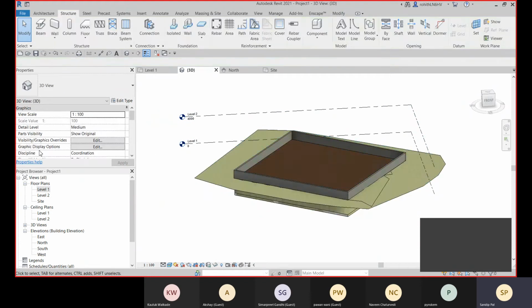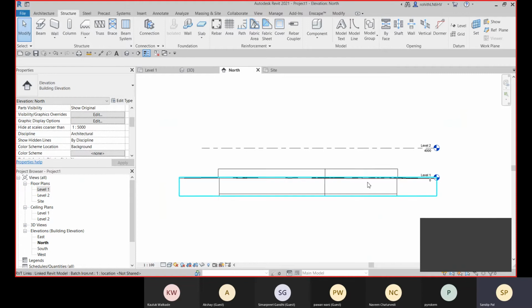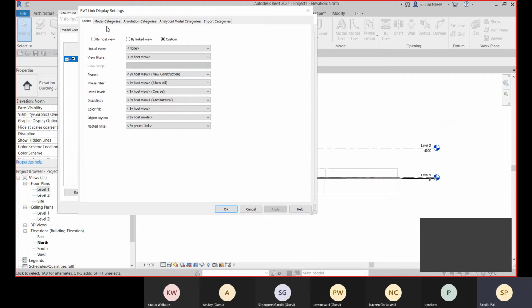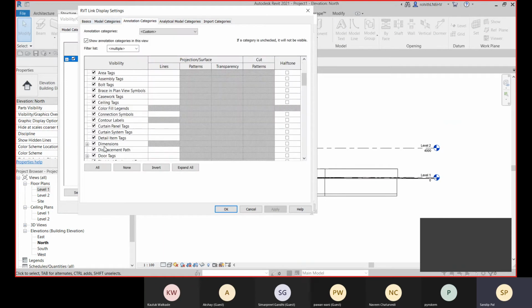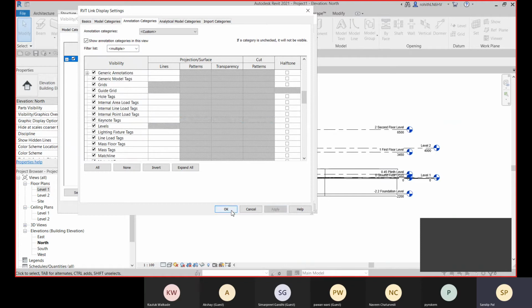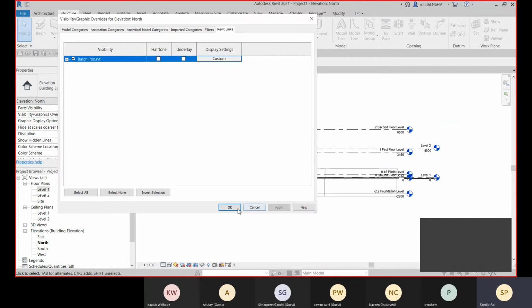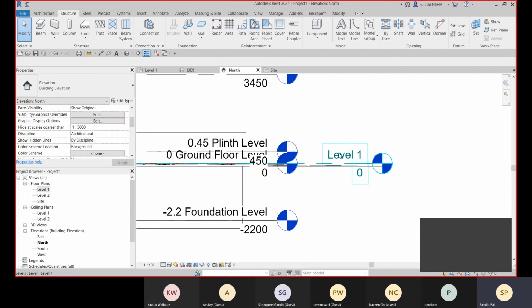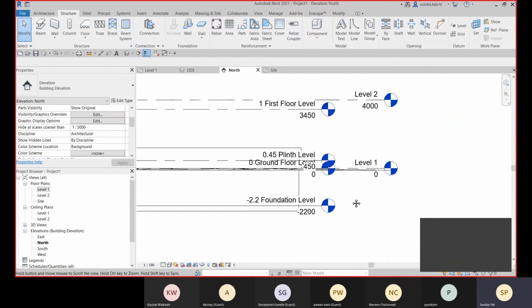So again I can go to the north elevation. Let me go to the north elevation, and here I have this visibility graphics and Revit link. Go to the custom and annotation categories, and check the level option. Check the level, click on apply, okay, apply and okay. And you need to make all these levels.